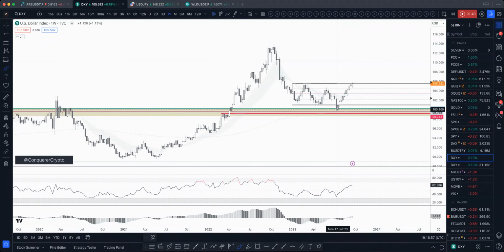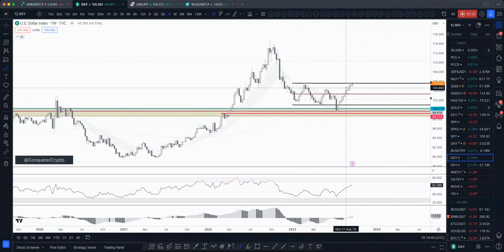But the idea was, it was obvious that it was gonna bounce from somewhere here, but it wasn't so obvious if it's gonna do this or if it's gonna do that. Now it looks like on the weekly time frame, it just broke out from this market structure and it's kind of shifting the market structure right now. So it's shifting from a downtrending structure to a potentially uptrending structure.